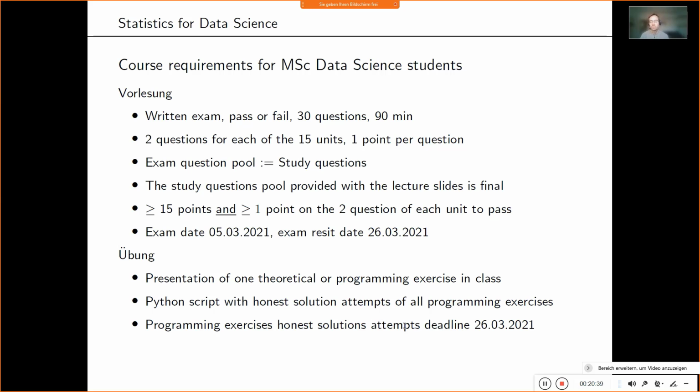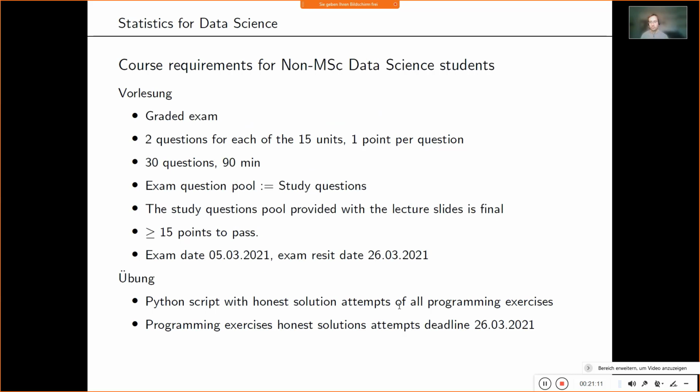So you can choose to first take the exam and then do the programming exercises. If that's how you think things should be, I don't recommend that. We will talk more about the exercise in the Übung, and we will actually have that today. So I want to stop at 9:15, so we will be able to address many more questions today in the Übung, because we won't have any presentations and so on. So bear with me a little bit.